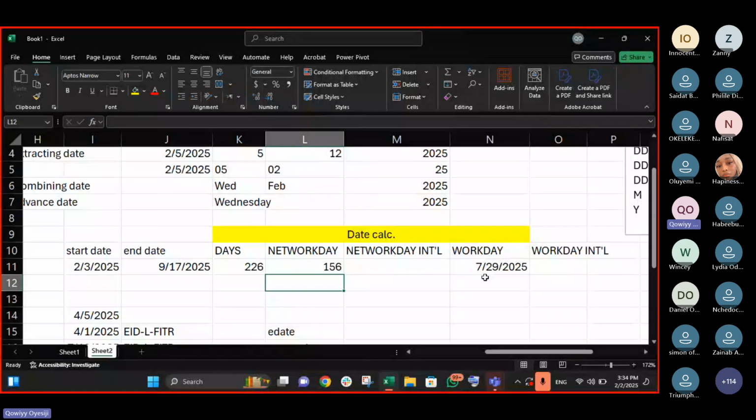Okay, thank you. Now I'm going to explain just one of them, then I will leave the rest for you. Now, see, NETWORKDAYS.INTL and WORKDAY.INTL are just a way of making it more flexible. It's a way of saying, instead of the usual Monday to Friday that everybody works, our own, we don't work from Monday to Friday. We are just going to work Monday, Wednesday, Saturday, and Sunday. Or just Monday, Wednesday, Thursday, and Friday.